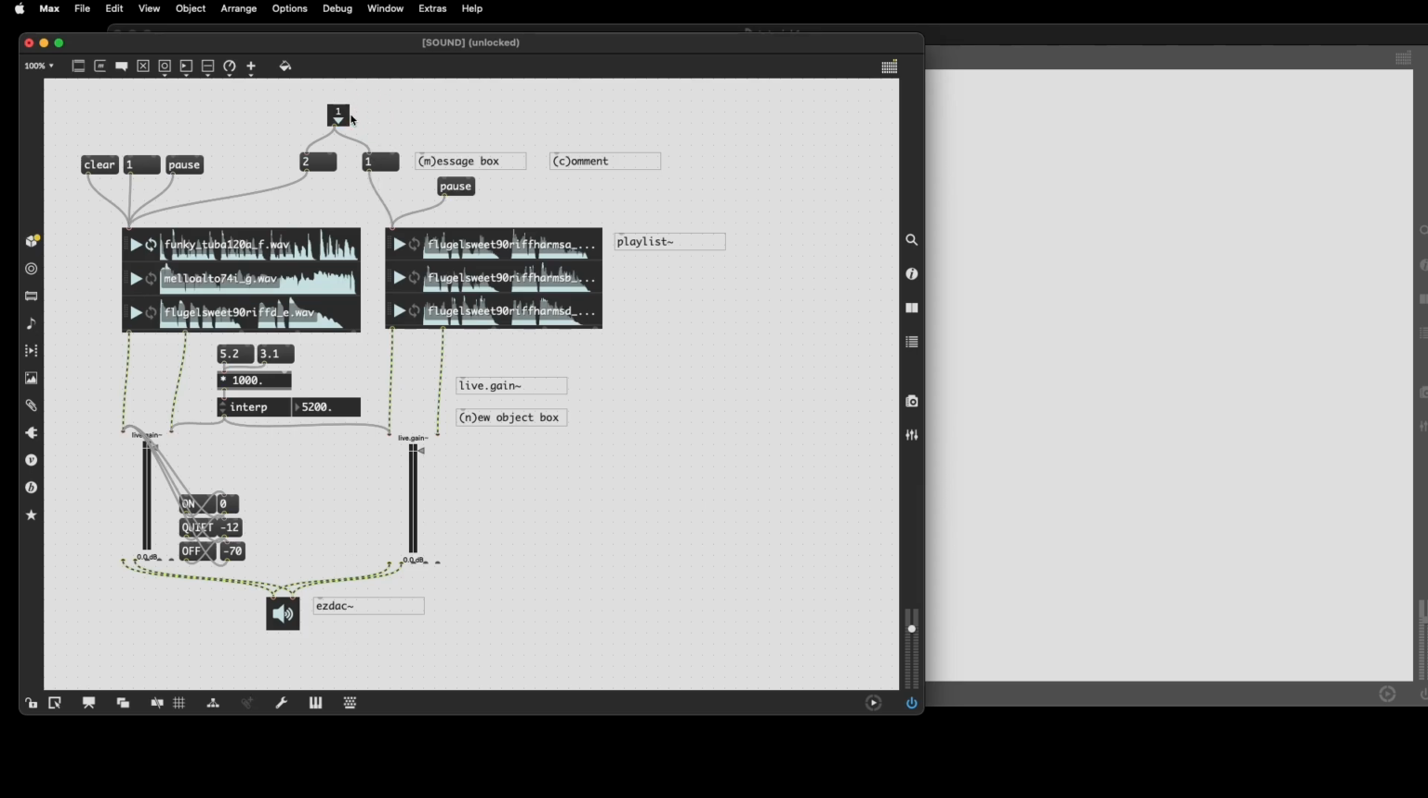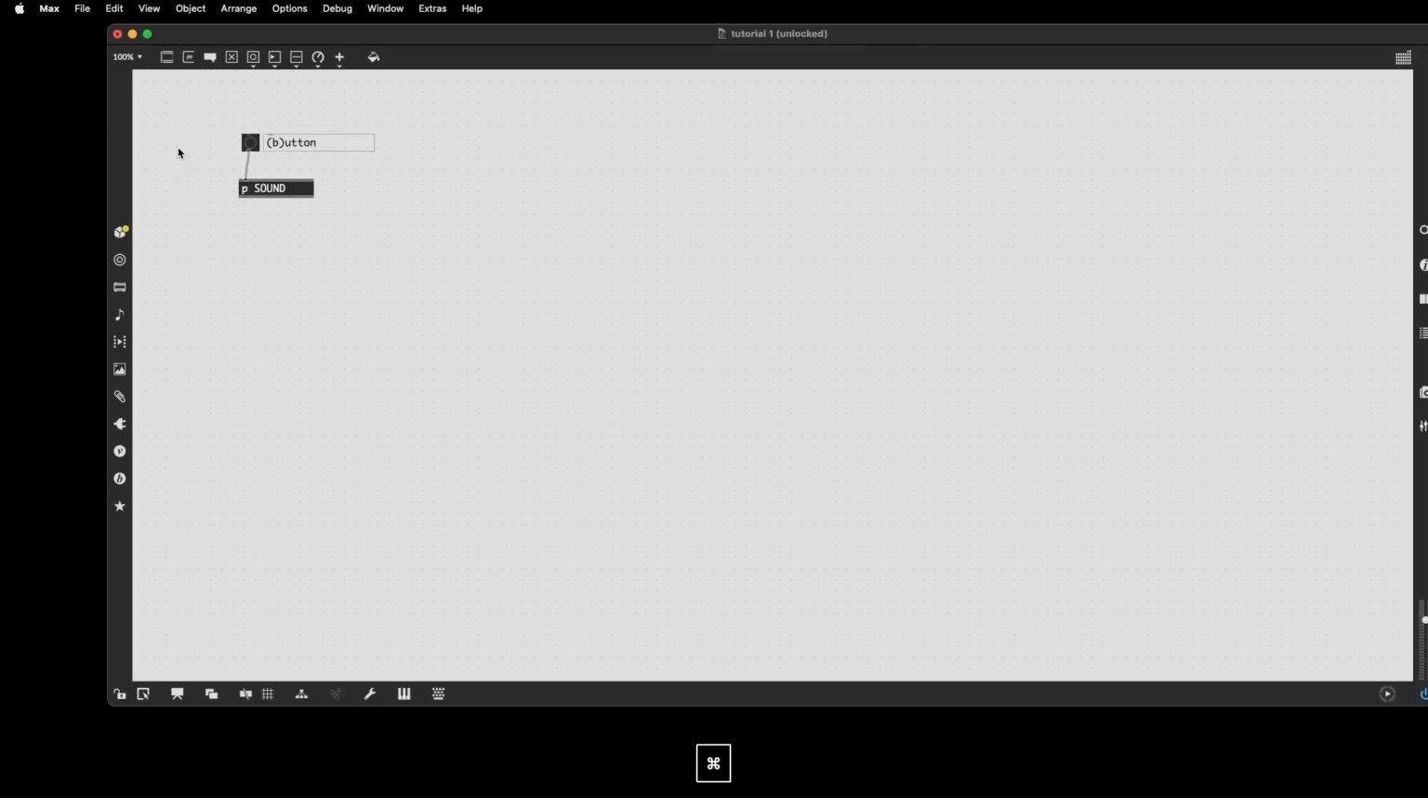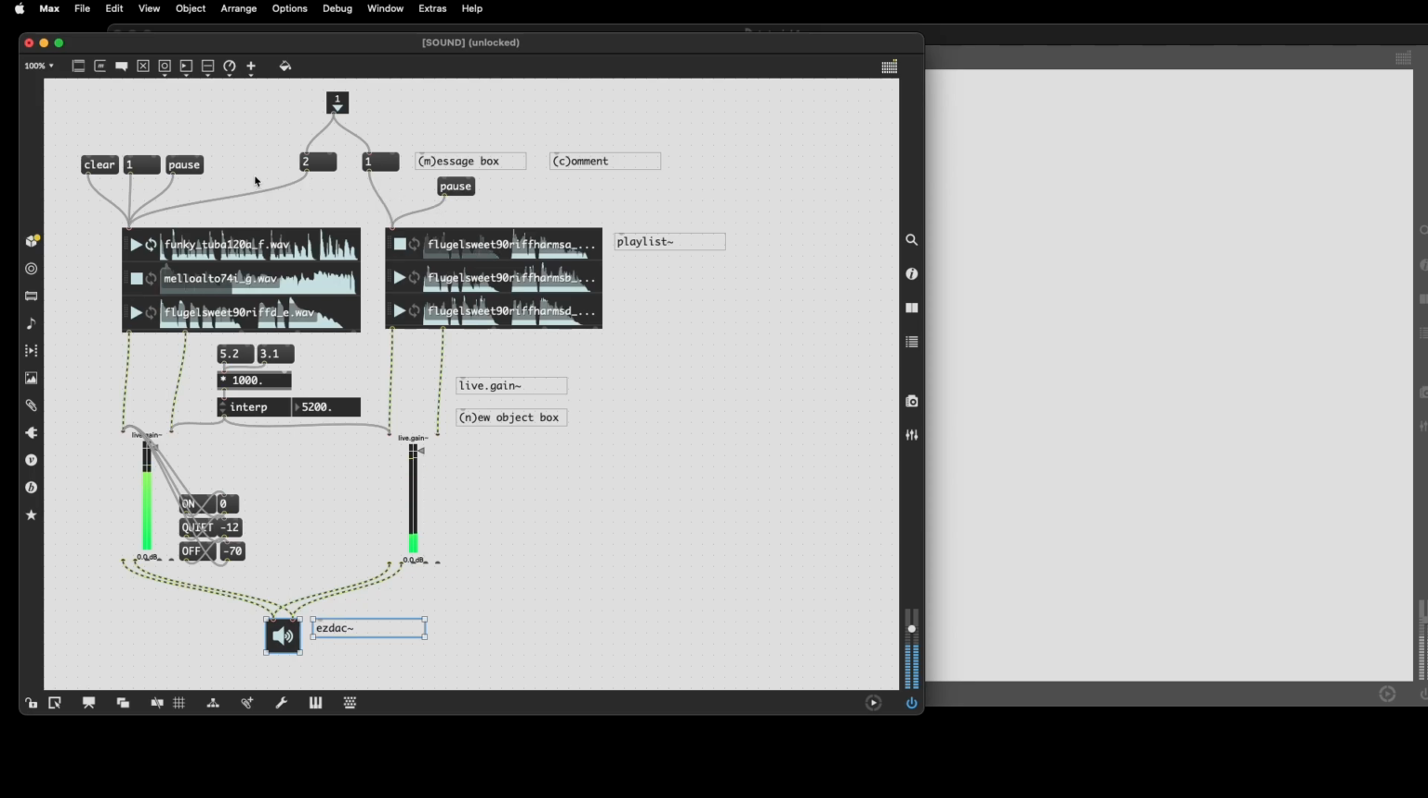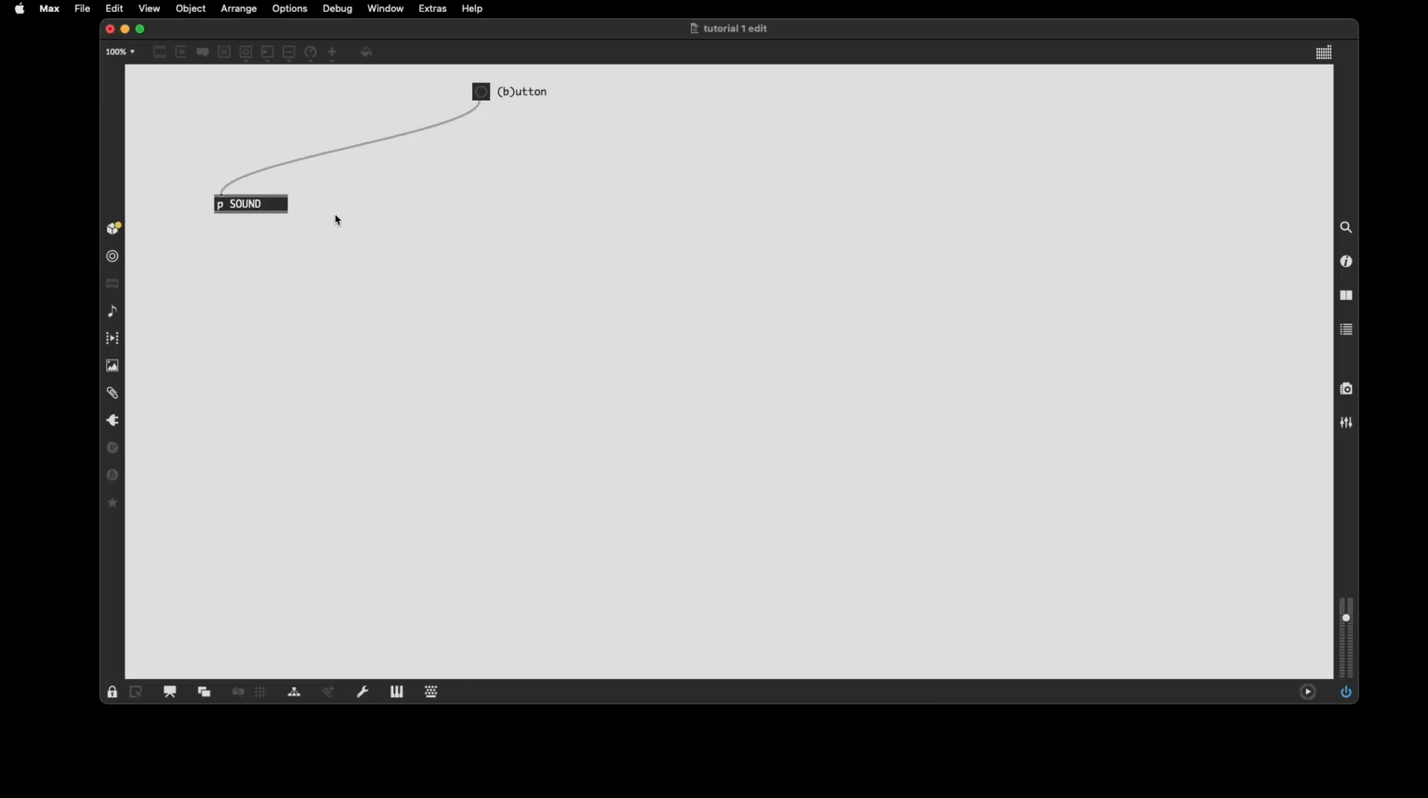And it automatically created an inlet here so that my button press will pass into my patcher, into what's called a sub patch. So I can still play my sound from outside. So let's undo this